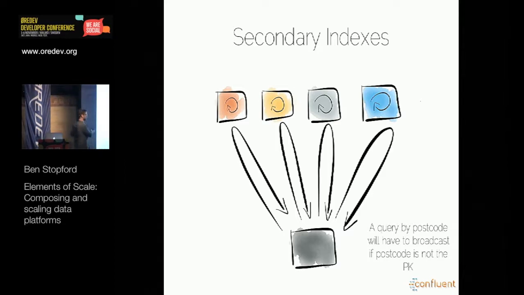You could have some kind of index on another machine. That's something that some tools choose to do. Another quite common approach is just to put the indexes on the nodes. But the problem with using a secondary index is that it pushes you back to this broadcast pattern. So if you have a very large cluster of 100 machines, you just need to be very aware that as soon as you use a secondary index, you are executing on all of those machines at the same time. And that has an impact on your scalability. So you've fallen out of that beautiful key value store, consistent hashing scalability niceness.